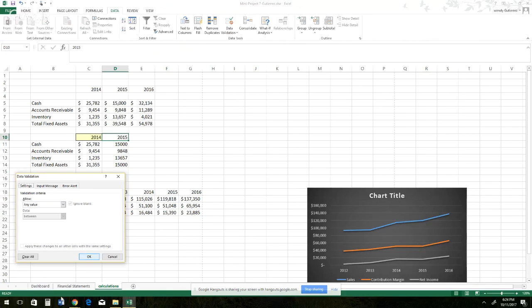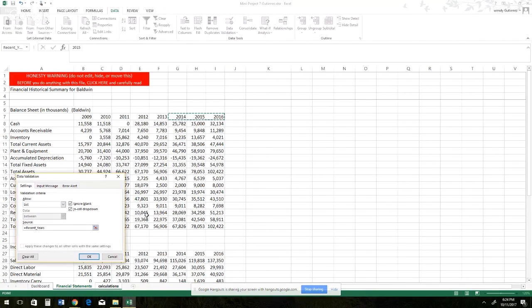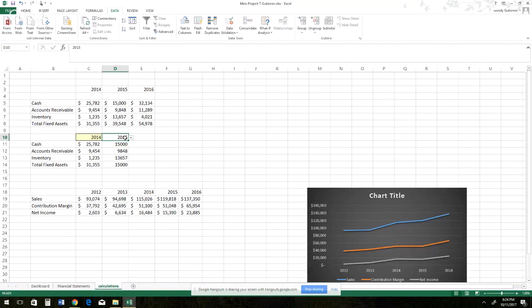I wonder if we do valuation data, the source. If we just do these three right here. But then if we delete this,